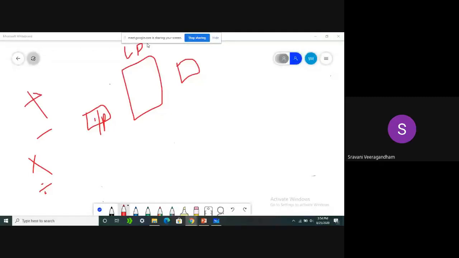CPU, and this is output. So what are the input devices for a computer? Input devices are those which can feed inputs to our computer. A computer is a system, a group of components connected in a proper way, which can process the data. Processing of data will happen in the CPU and produce the output, which will happen in output devices like the monitor. Input devices are keyboard, mouse, pen drives; all these are nothing but input devices.